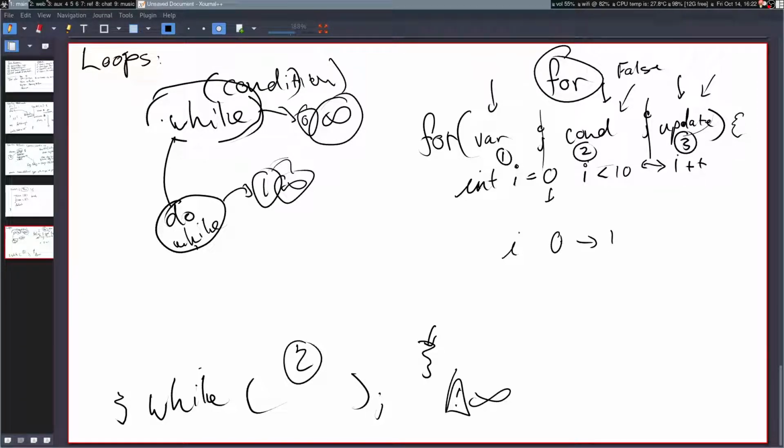And it will go from 0 to 1. And then the next iteration, 1 goes to 2, and so on, until i is 10. When i is 10, then it's no longer less than 10, and the loop exits. Okay. So with a for loop, we also have a slightly different